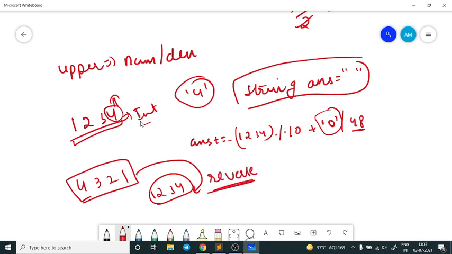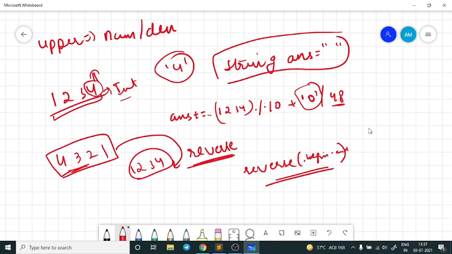I can reverse this string with the help of an STL function that we have in C++, that is the reverse STL function, where we pass .begin and .end of that particular string, right? So this part is now clear. It is how to convert this or any number into a string form, right?